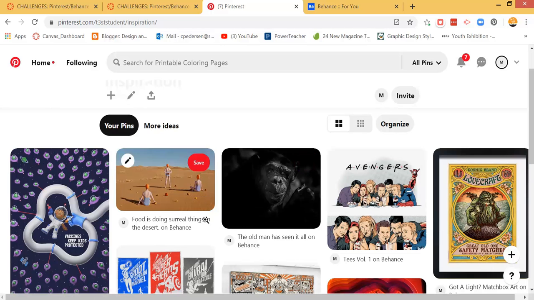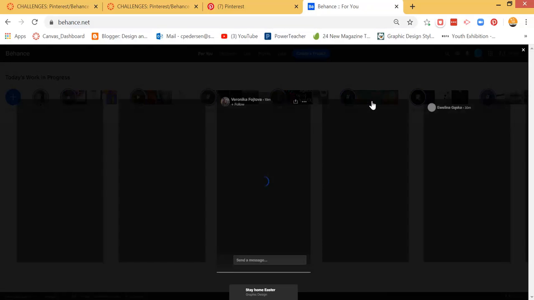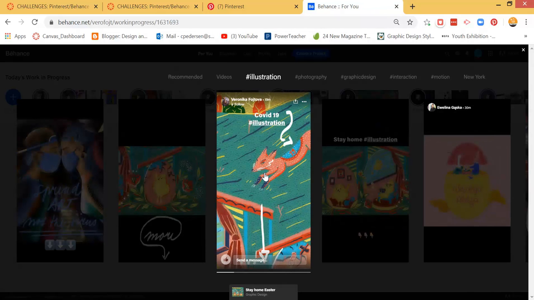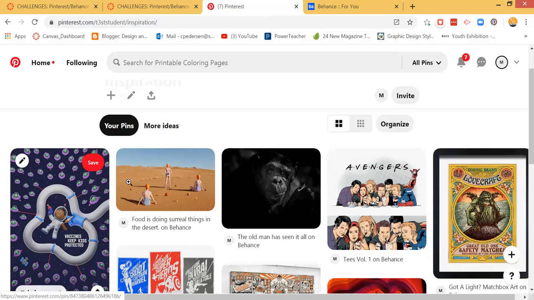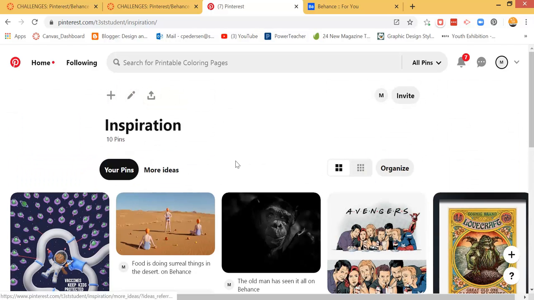And then once you've pinned things to your Pinterest board, you're going to be pulling them from Behance. Behance is Adobe's portfolio software that is sorted based on types of files or based on the software that's being used, and you can actually link to the photo in your Pinterest account. So you'll be posting things here. I've got a variety of different things that I was interested in, posted them on here,